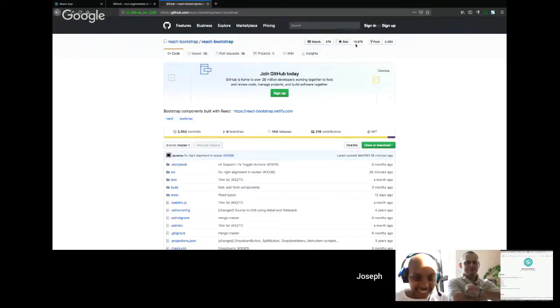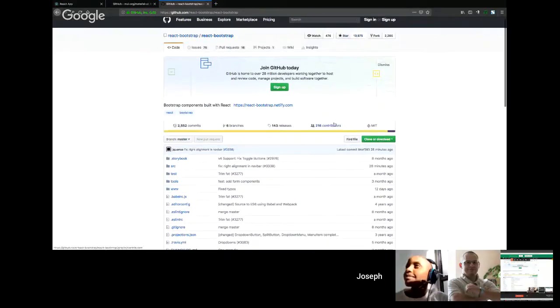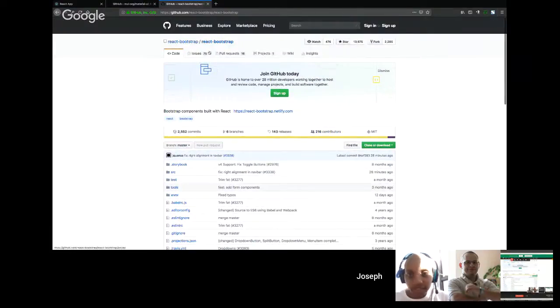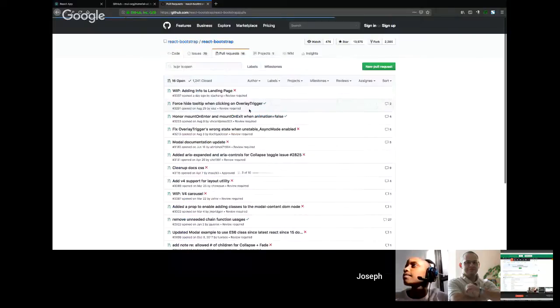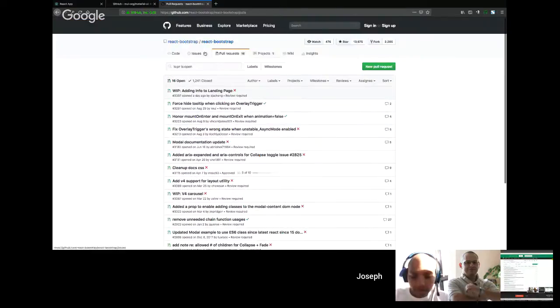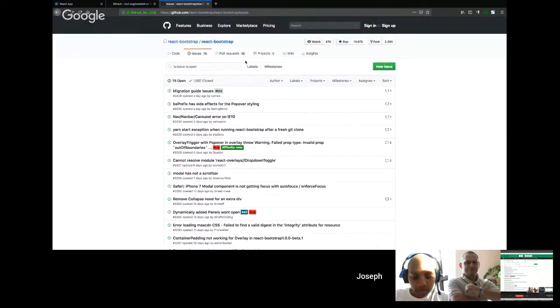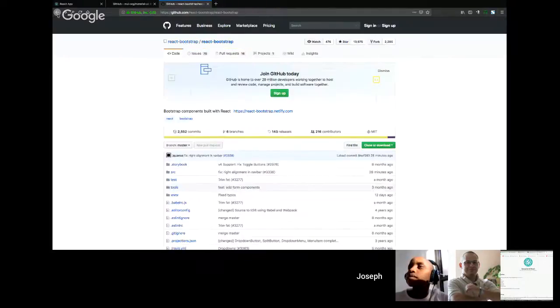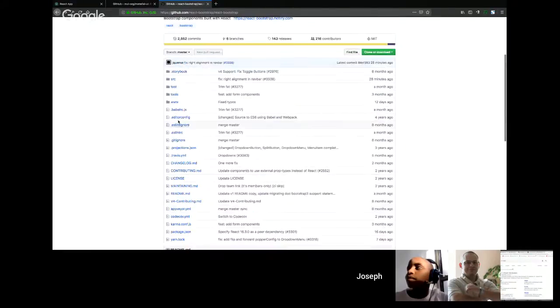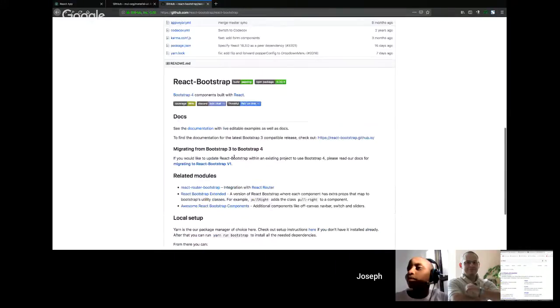If you look at React Bootstrap, it's 3 stars. If you look at the pull requests, it's doing fine. Issues 75. The problem with this one is that it's for Bootstrap 3, so it will not be supported soon. Here is something about Bootstrap 4, but it seems a bit